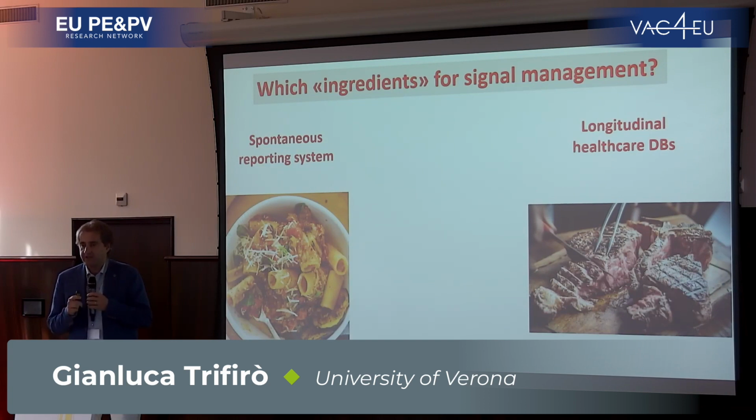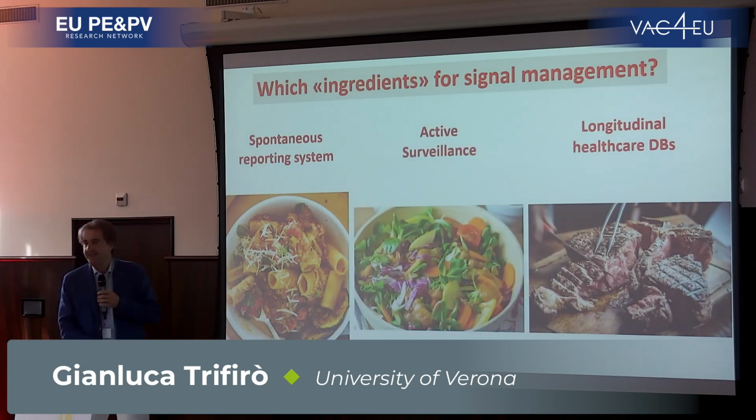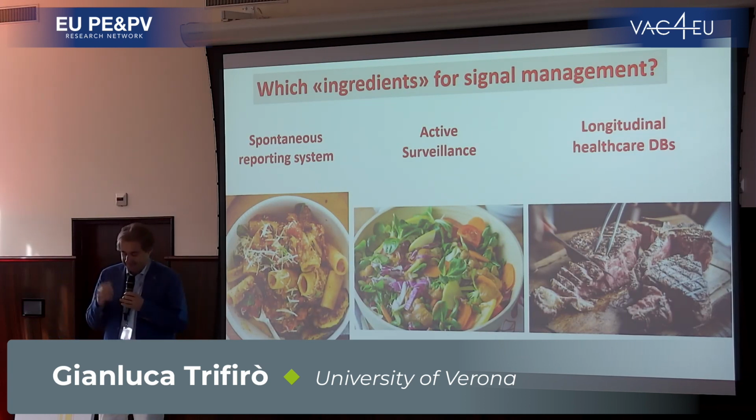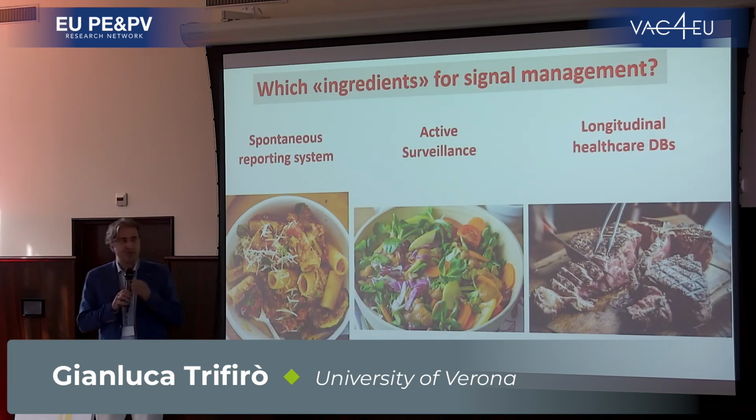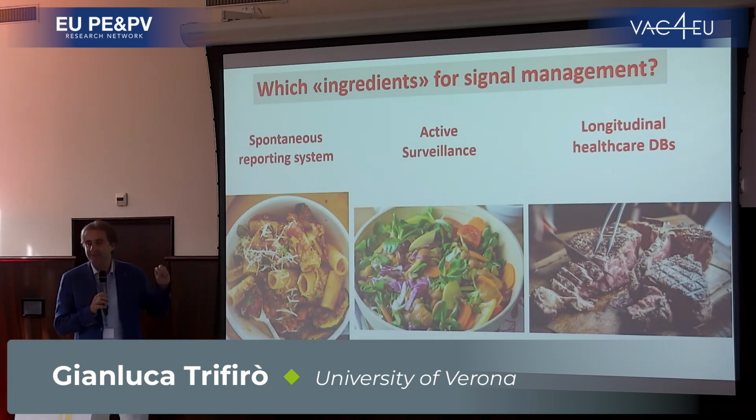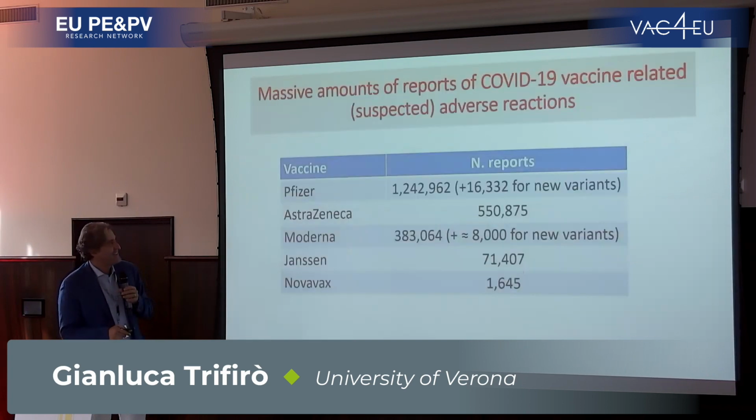Where active surveillance stands, here is the salad, because we really need all sorts of ingredients. Maybe salad per se is not enough, but a meal is complete if we have also the salad. So just to give the view that all those are complementary, maybe enough per se to address some issues, but we really need to have a complete meal to be fully satisfied. Not having too much of any of this, but a bit of any of this. I hope I succeeded with these examples.